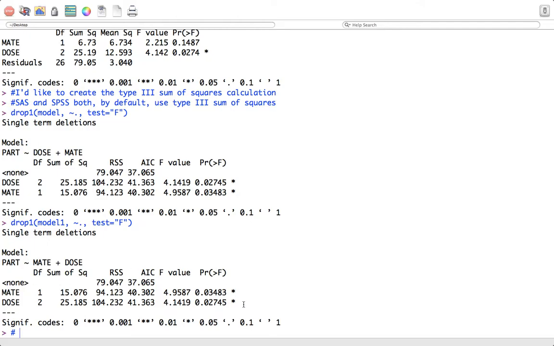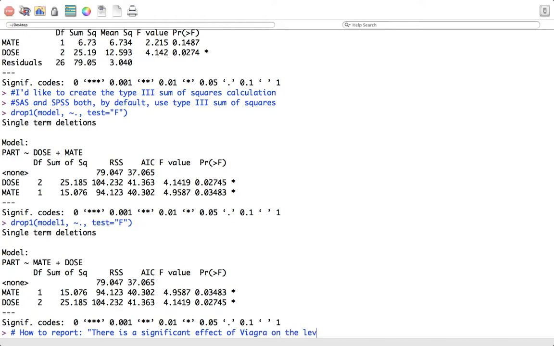So how to report what we see up here. We could say that there is a significant effect of Viagra